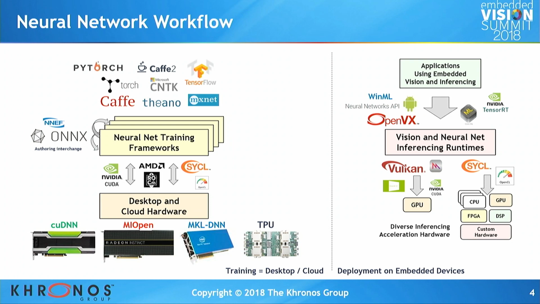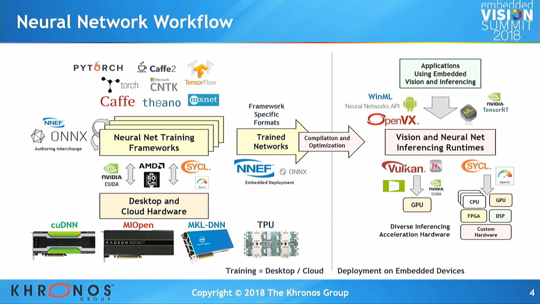So how do you bridge the two? Again, the exchange formats are really coming into prominence because people want the flexibility to go from the training framework of their choice into the inferencing engine of their choice. This is the primary design focus for NNEF. NNEF was from the get-go saying, okay, we're going to have a bunch of these formats and a bunch of these inferencing engines. We need to be able to pass over a highly optimized format. But of course, you can use ONNX too. I think it's going to be interesting the way these two compete in a loving way in the industry. We'll go into that in just a second.